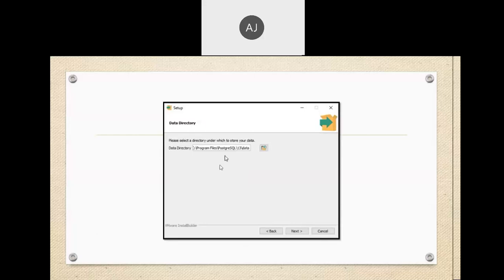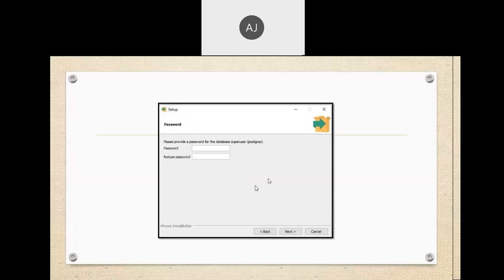After that, it will ask for the storage where we can store our databases. Where do you want to store the database? In that folder, it will ask for the path. For that, this is the most important point over here. We need to set the password. Make a note of that. If we forget the password, we cannot reset it.